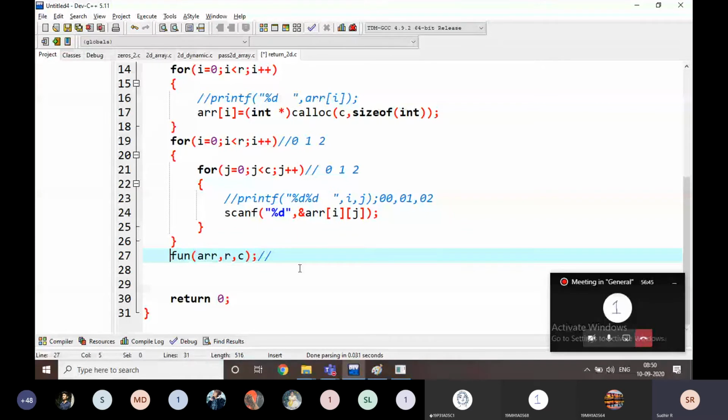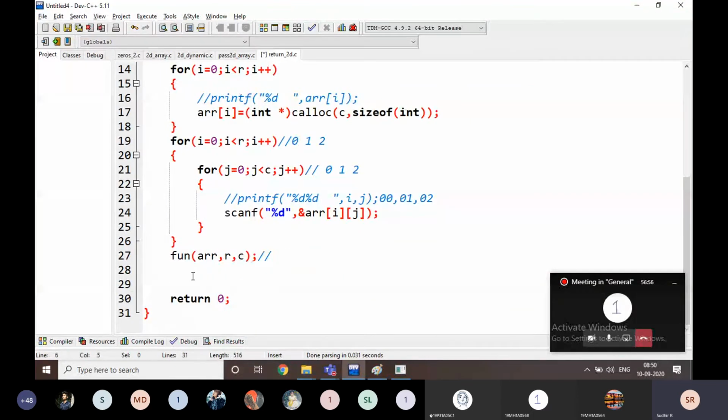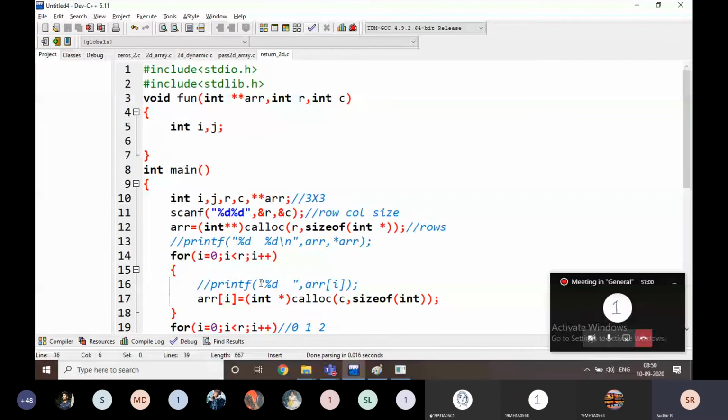First of all, I am going to check whether the modifications are done or not. If I make any modifications here in the function definition, is it applicable or not here? For example, I am writing here ARR of 0 and 0 is equal to some 100. I am not writing anything else, I am just modifying the values here.